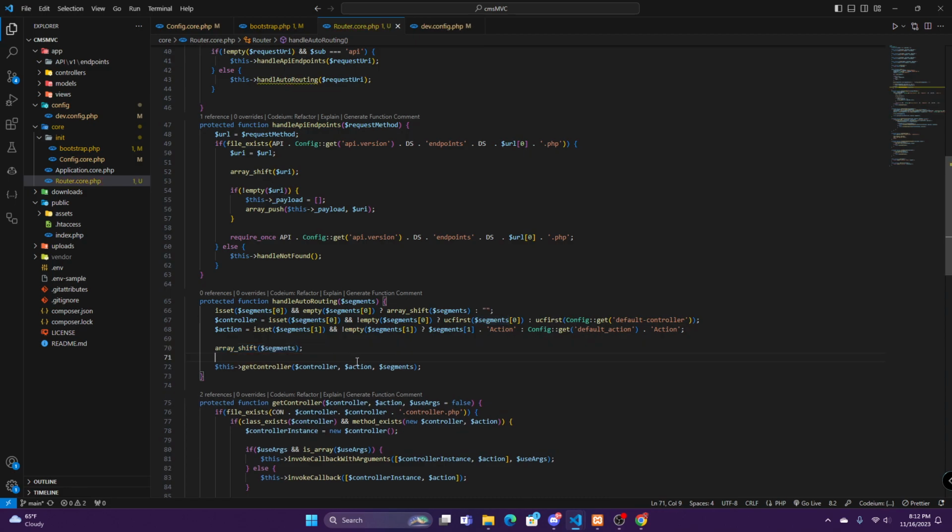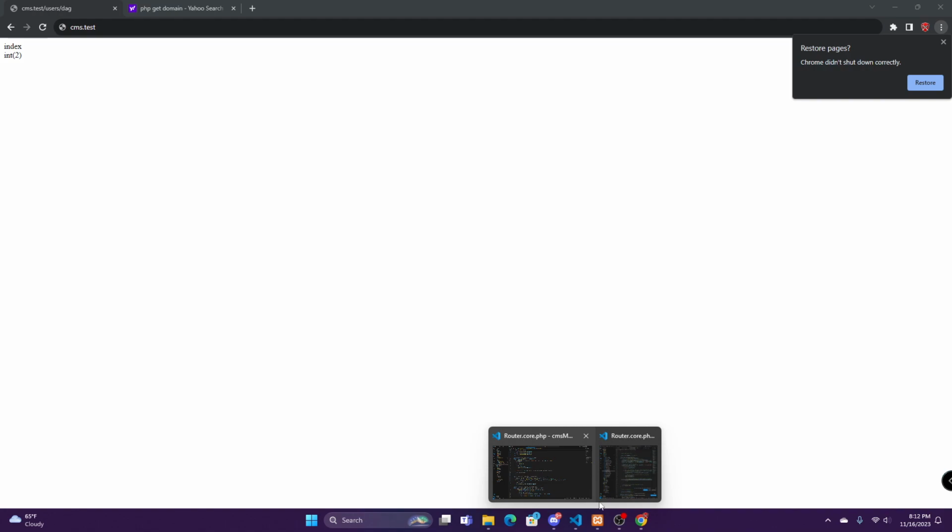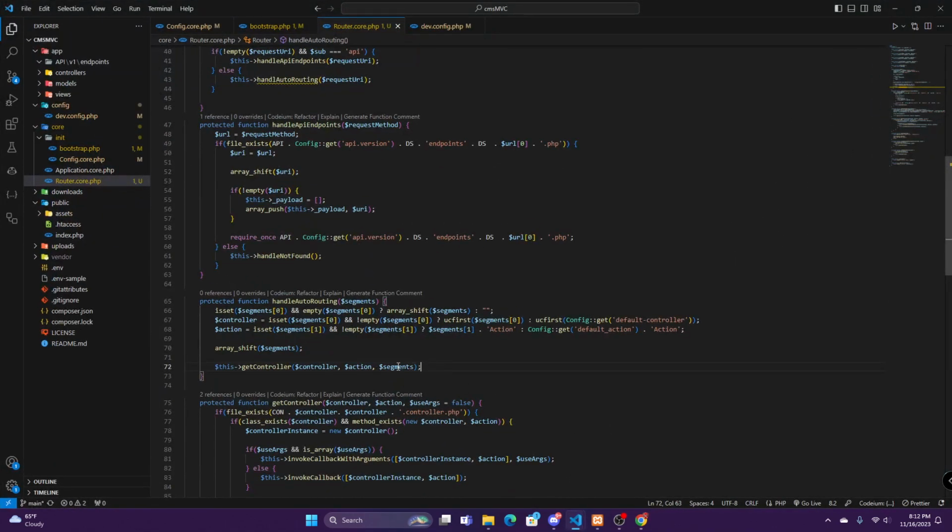Actually, if it's not empty, we can still pass in the segments because essentially, if this is empty, then nothing's going to wind up being passed through anyways. So it's just going to be an empty array that's passed through. So it's perfectly fine. But if it does wind up being empty, that's where we'll run into a problem. So let's see. The easiest way to do that is if the